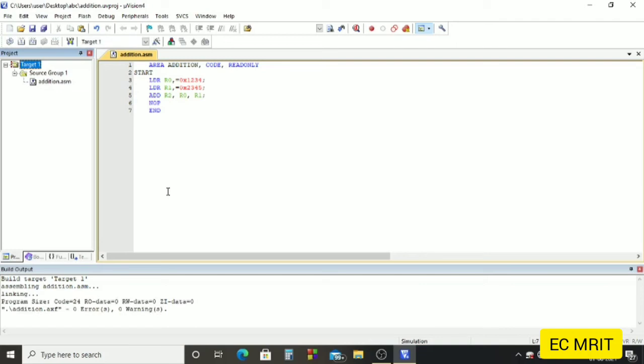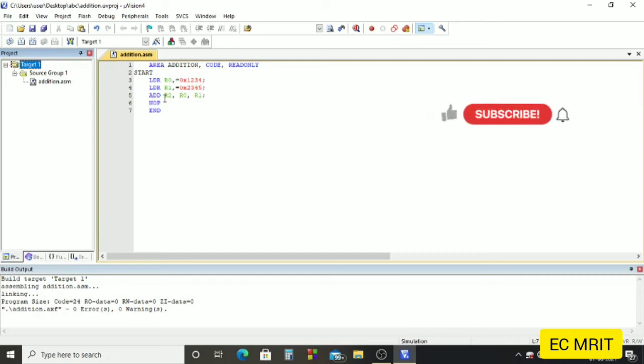Here it will check for any errors present in what we have written in our program. Here we can see that we don't have any errors. We have 0 errors and 0 warnings. So now we need to debug our program, to check whether we are getting the expected result or not.